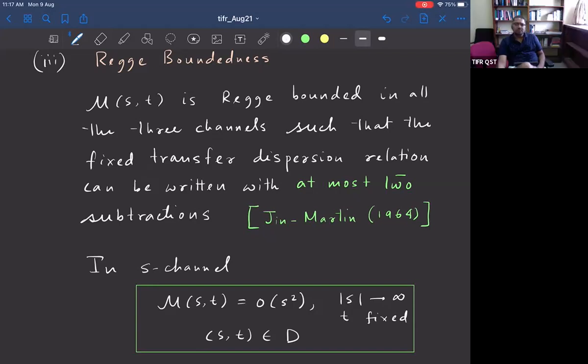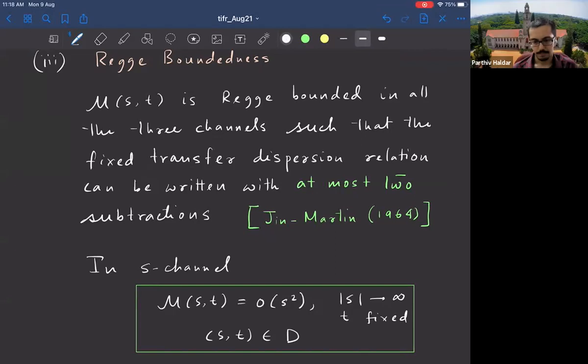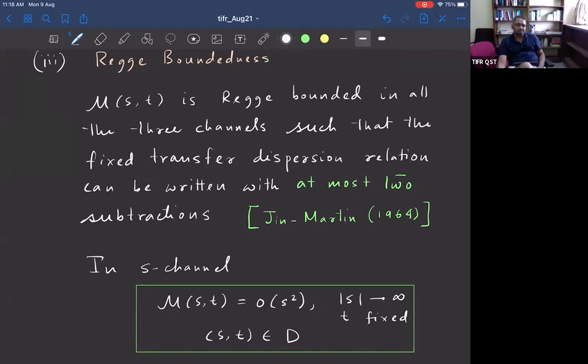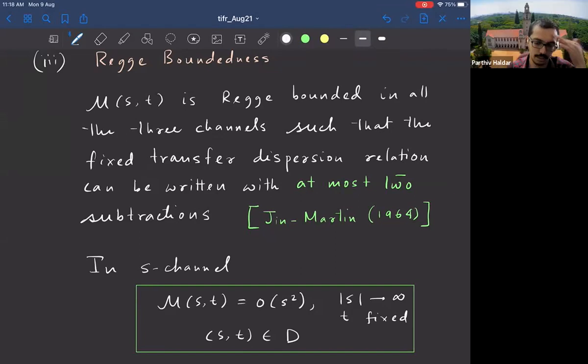So this follows from which physical principles? Because in Einstein gravity, this will not be valid, right? Well, okay, this is classical, I guess. Yeah, since you asked, it follows from some basic assumptions. Of course, the first ever proof by Froissart was assuming the Mandelstam double spectral representation, but that is not needed ultimately. You can still work with just the existence of an analytic domain a little bit larger, and unitarity allows you to prove this bound. So unitarity plays a very important role, obviously.